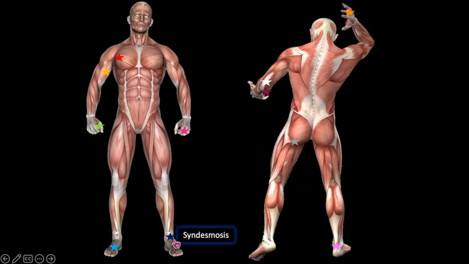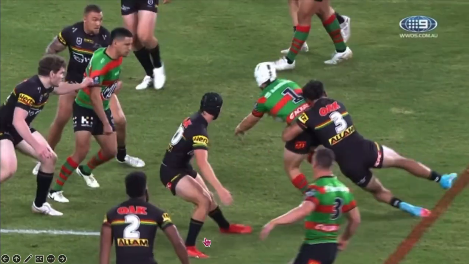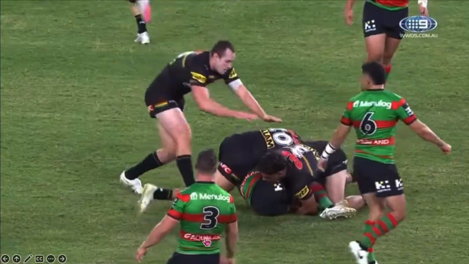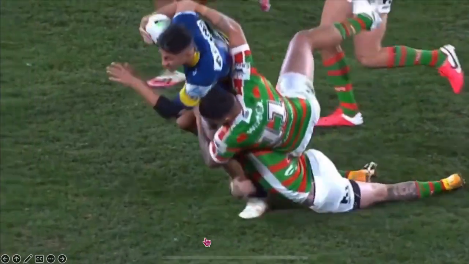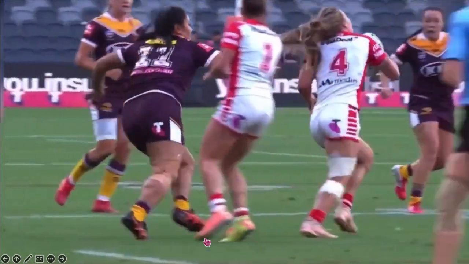If we look at the lower limb now, the syndesmosis injury is essentially why the hip drop tackle has been banned in the NRL. This occurs when the defender drops his weight from the ball carrier's hip. The ball carrier's foot, which is planted, will evert and result in an injury to the syndesmosis, creating an unstable